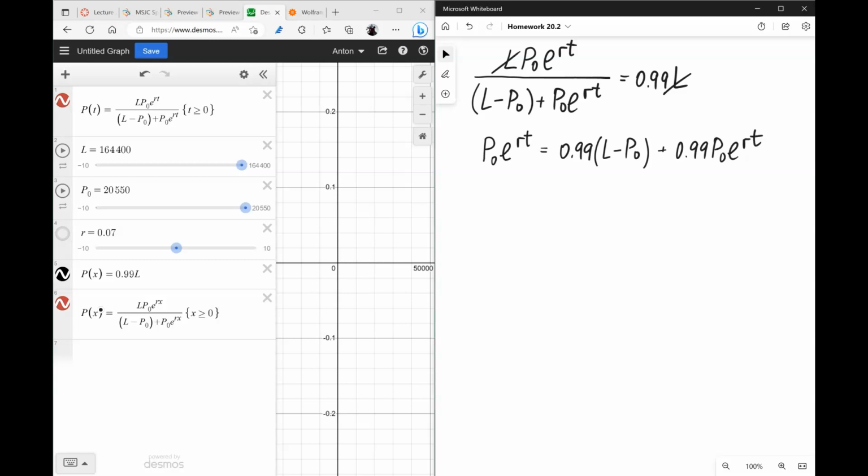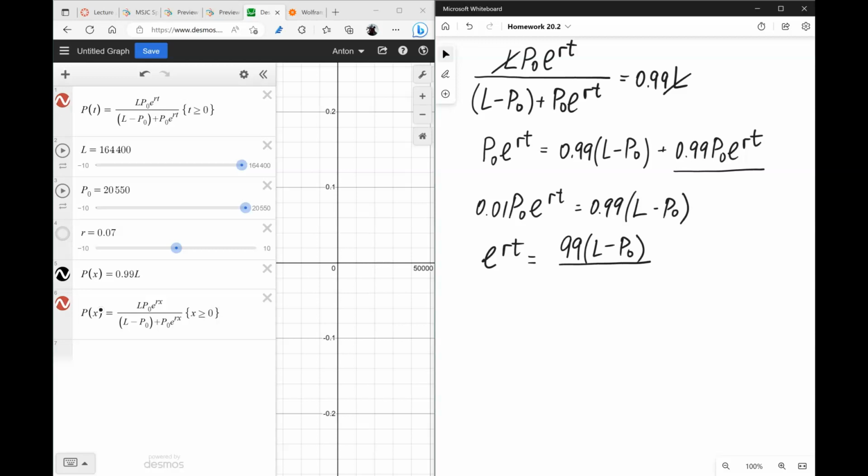Now we're going to subtract this from both sides. So we have 0.01 P0 e to the power RT is equal to 0.99 L minus P0. So we isolate e to the RT. It's going to be 99 L minus P0 divided by P0, and t will be equal to 1 over r ln of